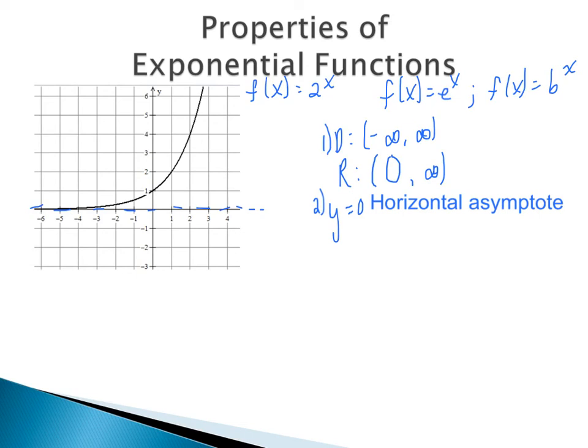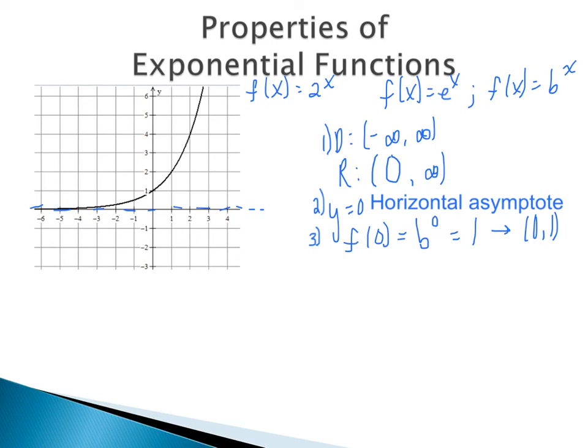Next, what is also always true of our exponential functions is that when we find f of 0, well, that means that we would be doing b to the 0. Well, anything to the 0 power is equal to 1. So any positive constant, as we had here, to the 0 power is equal to 1, which means that the point, this is an ordered pair, (0, 1), is always on the graph. And we can verify that with what we have here, is that we can see the graph is going through the point (0, 1).